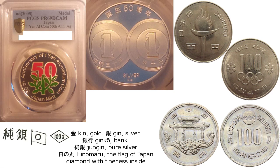And the slab here is actually mine. I didn't get it graded. I bought it pre-graded already. But I did create the Numista page for it, so I could list it on my silver collection there. But it is the 50th anniversary of the 1 yen aluminum coin. And the reverse has a Showa 30, which would be the 55, the first year of the 1 yen coin, and the 50th year,